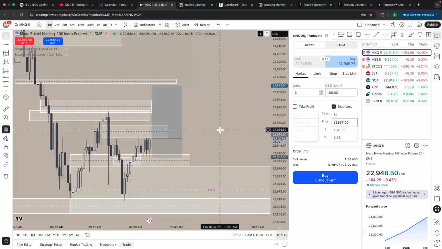That is a complete possibility, but I like the setup because we had a liquidity sweep on the 1 hour. We had a 5-minute inverse fair value gap. We had a 5-minute retrace into a fair value gap and an order block. We pushed out of that, came back down into the order block again, and we were in discounted price. Pushed out of the discounted price, got a 2-minute inverse fair value gap and a retrace. Now we're waiting for ideally a break of structure, which we are not getting.